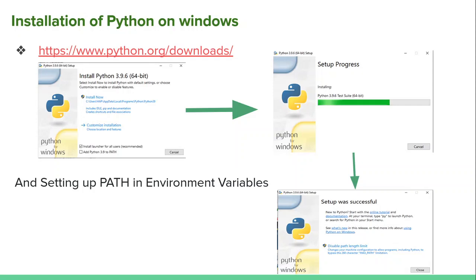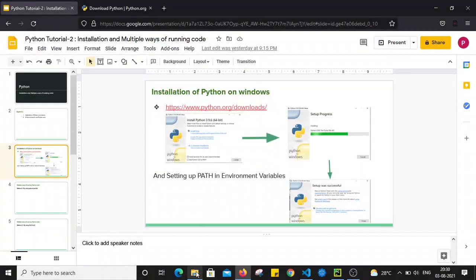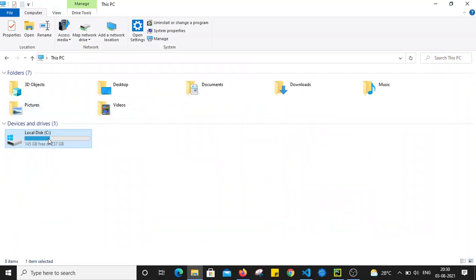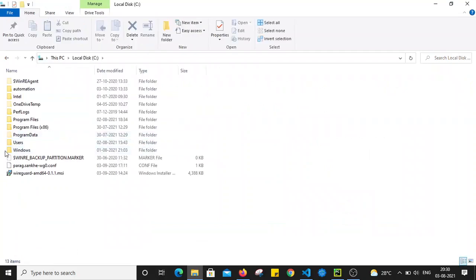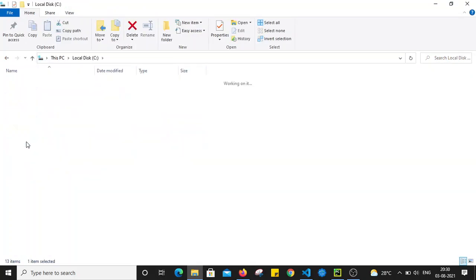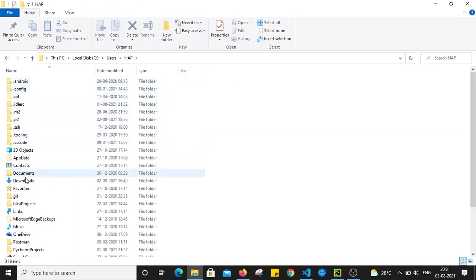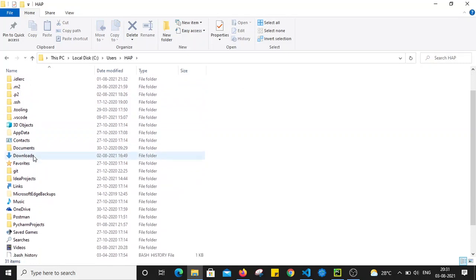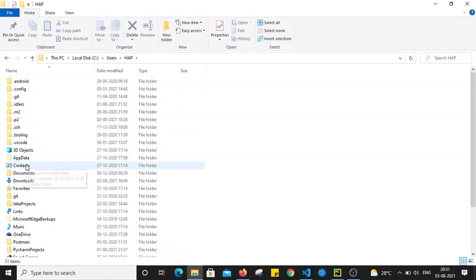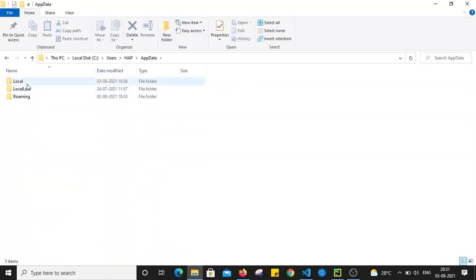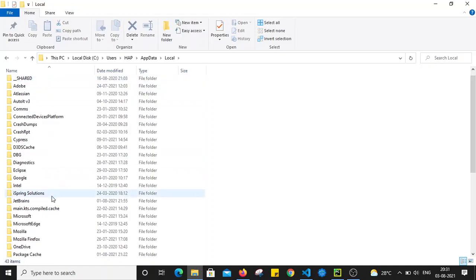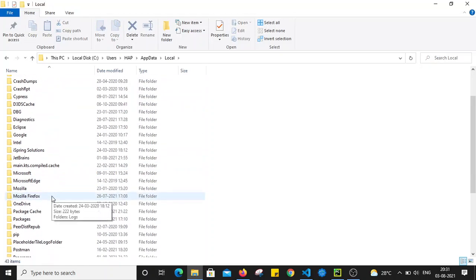So we have to set up the path in the environment variable. How can we do that? We know the location where Python is installed, right? So I am going to that location. For my system, I have installed Python in the following location.